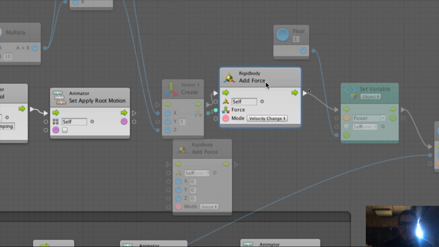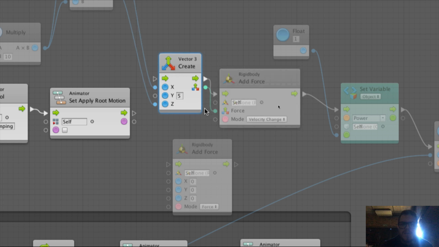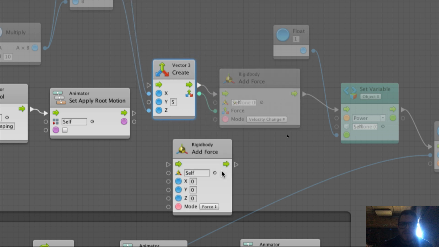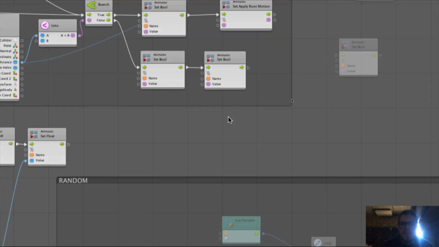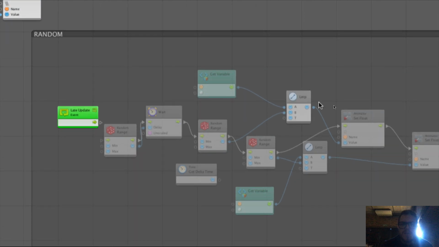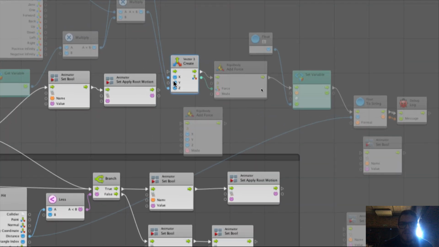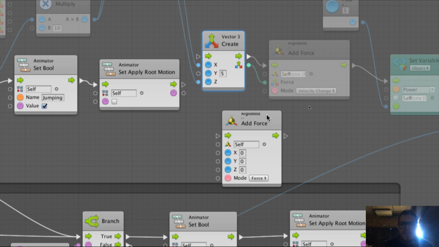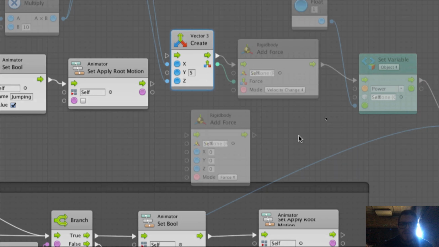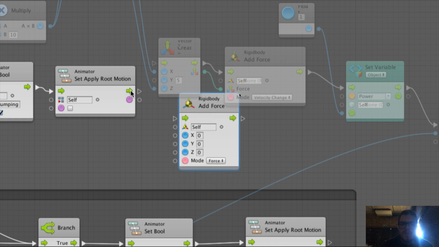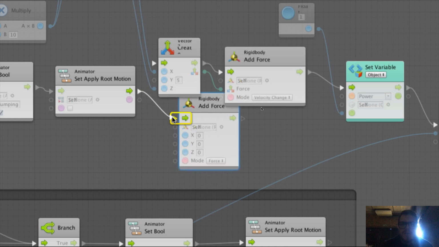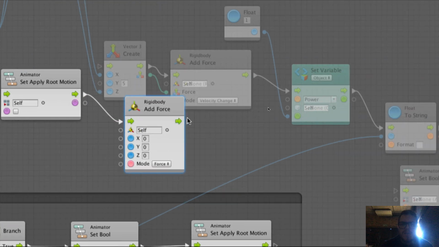So if you're driving your character using non-root motion, so just axis input or forces already, then this force could just be combined with that, and you don't have to necessarily add additional forces to it. So for now, if we just say, when I press the button, add force,